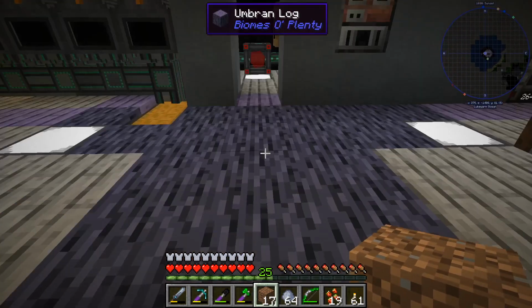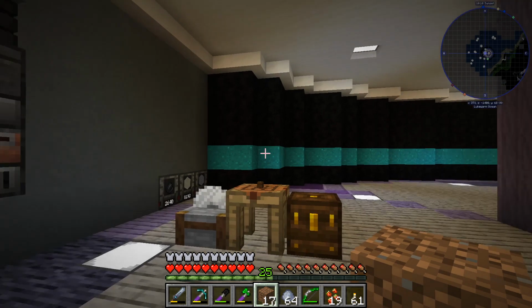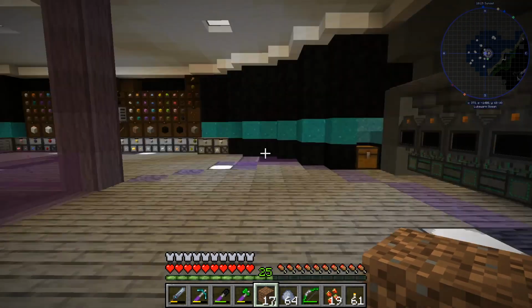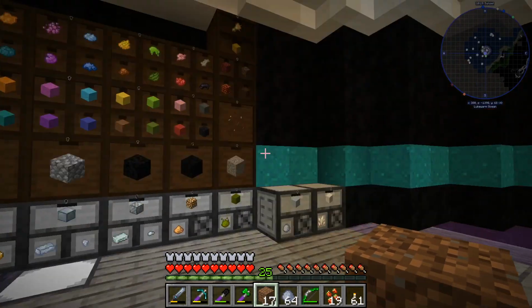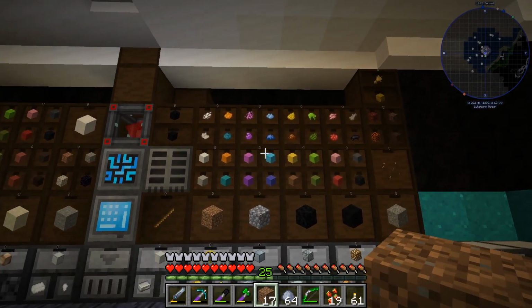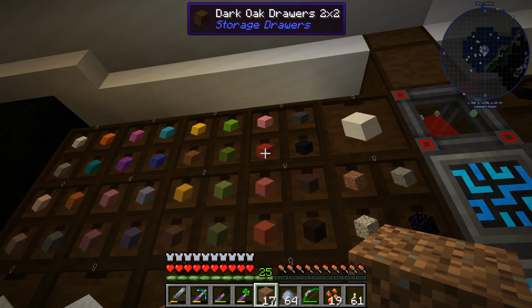So if we jump down here, I think I did the cyan on the last episode. I'm trying to remember. We've now moved an awful lot of our stuff down here. I've artificially created all of the concrete